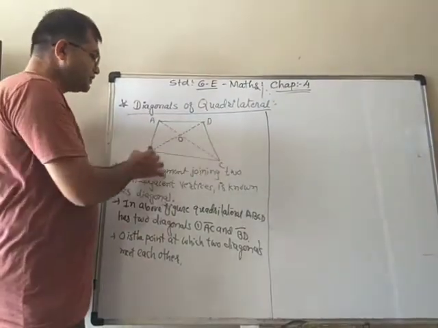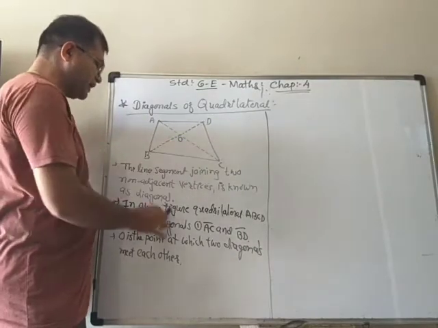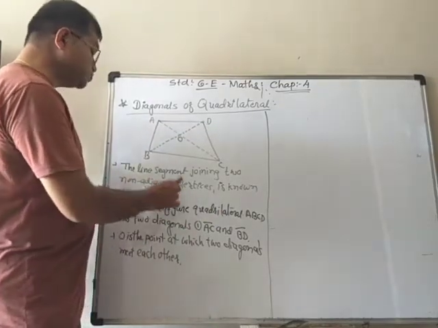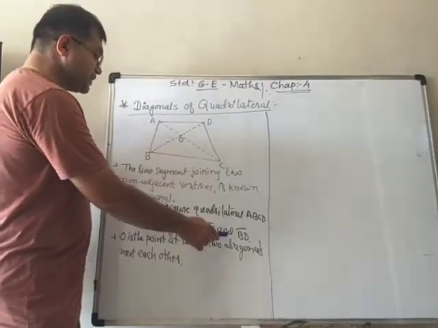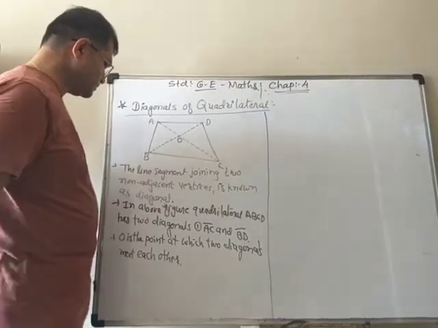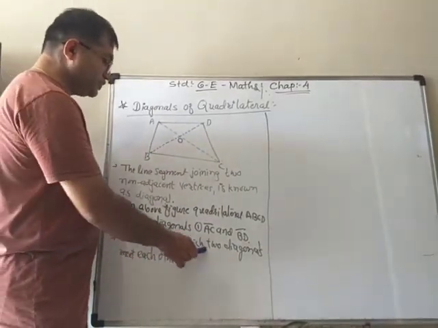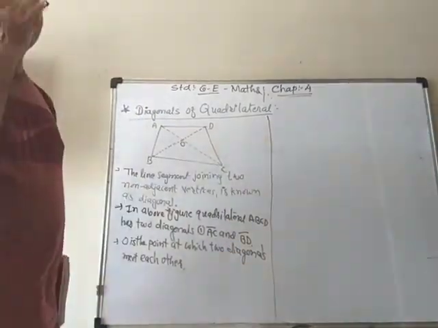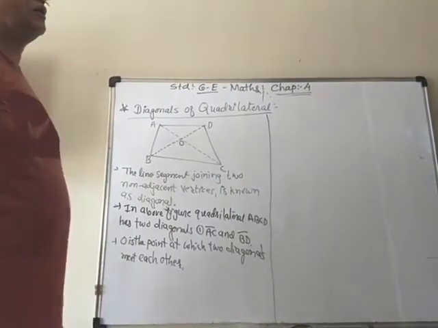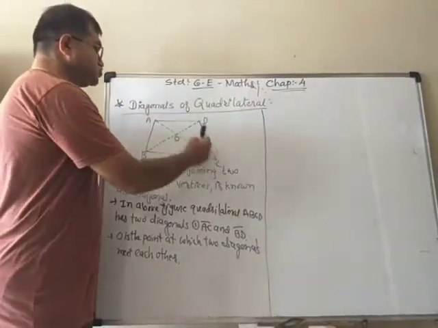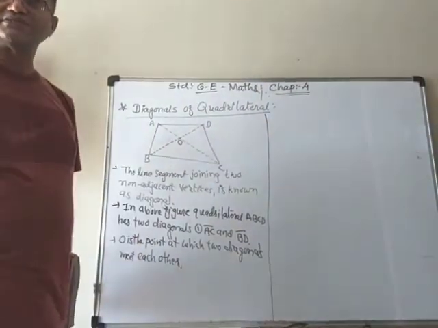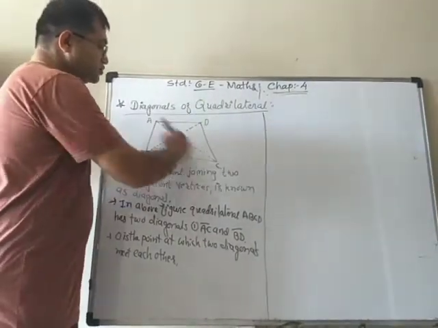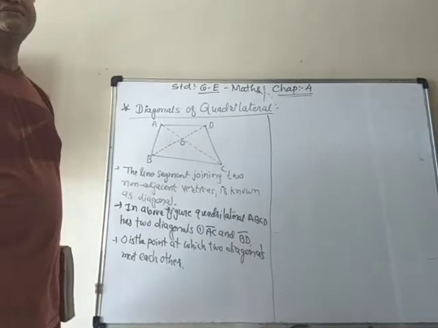And these two diagonals meet at point O. So you can say that the quadrilateral ABCD has two diagonals, line segment AC and line segment BD, and O is the point at which the two diagonals meet each other. So now I hope you have the idea of diagonals. When we join the opposite vertices, A to C, B to D, then we get two line segments